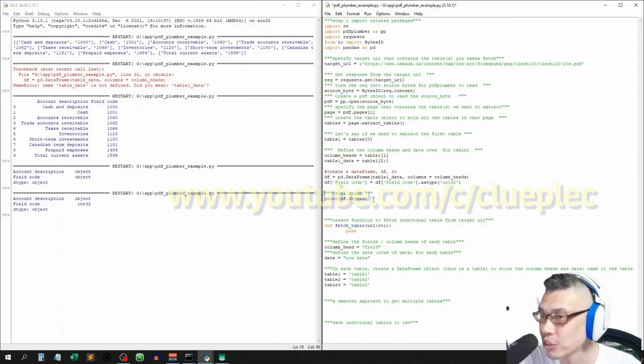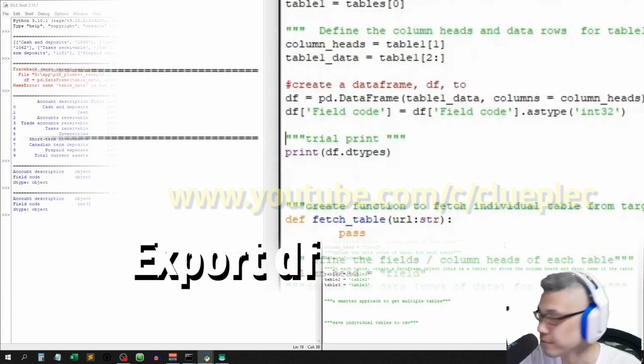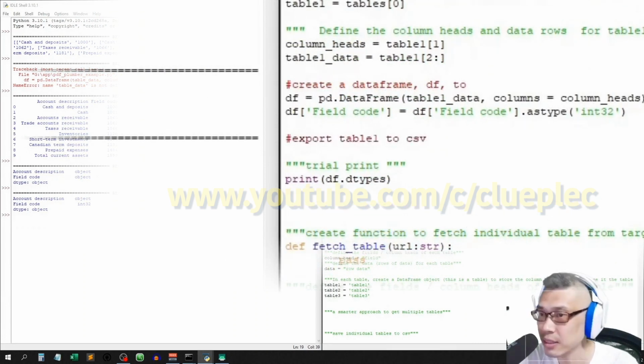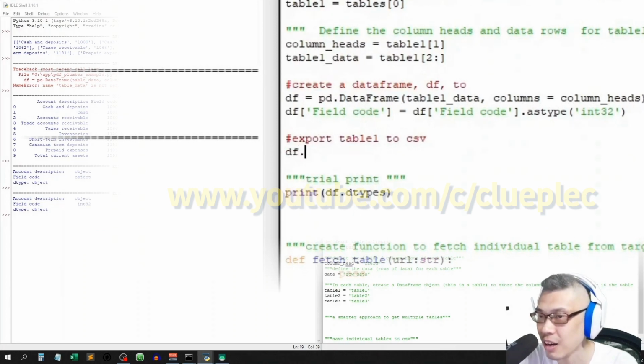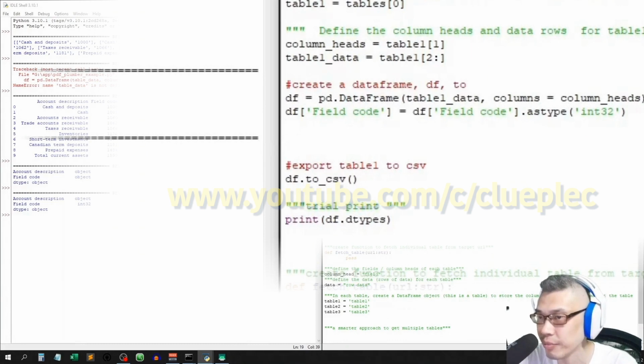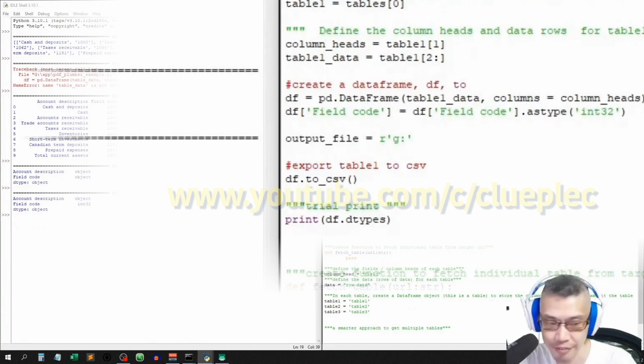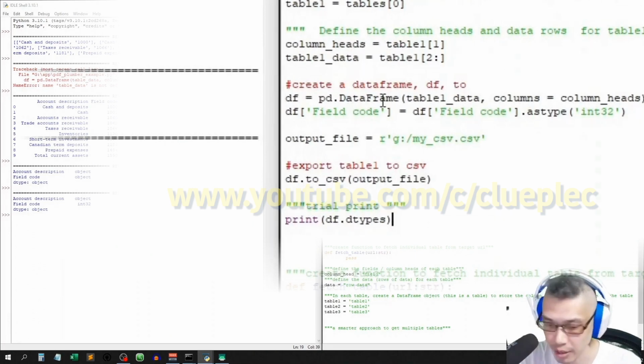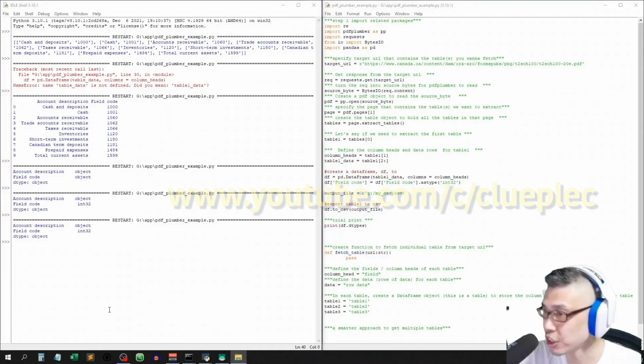Okay, so let's say if we want to export this table to CSV, what we can do is just export table 1 to CSV. Okay, that's the command. And we can simply dot to CSV, bracket, and then fill in the file path that you want to save the CSV. Let me just call it output file, and it's equal to, let's say I just put it to my USB in my G drive, and I called it my CSV.csv. Okay, so we output that to output file, and if I run it, F5,